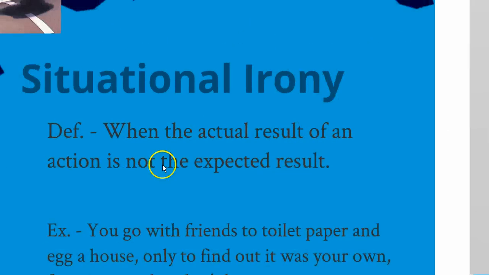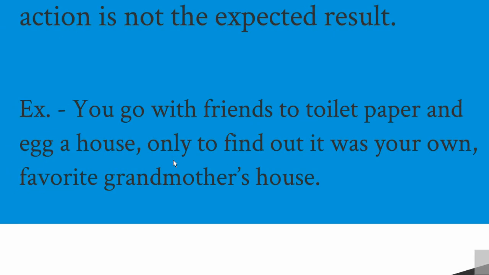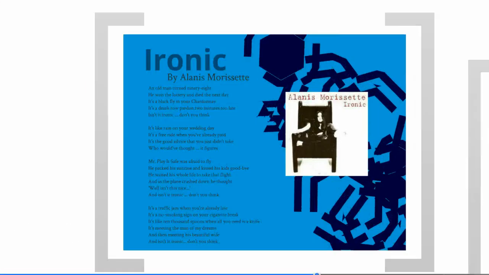Another example of situational irony would be like if you were going to go with some friends, you're going to go toilet paper and egg a house, right? And so you're kind of doing this at night and you all pile into the car and kind of nervous and excited. And you're like, we're going to find a house. We got to find a house. And in the rush of it all, you bust out of the car and they say, okay, this is the house we're going to do. And everybody piles out. You start throwing toilet paper only to realize partway through you are toilet papering your favorite grandmother's house, right? And that she's going to call somebody to help clean this up, and that somebody is going to be her favorite grandchild. You. This would be situational irony.